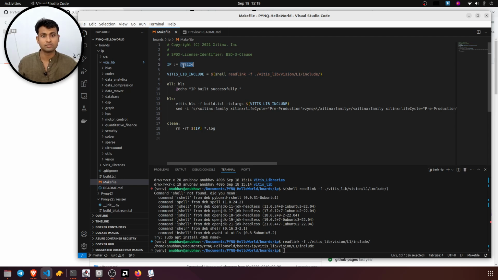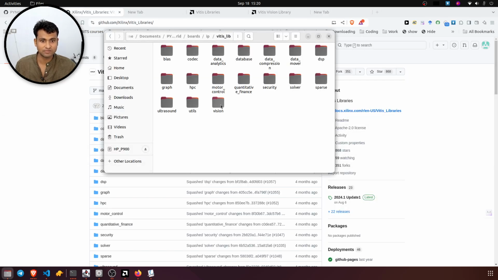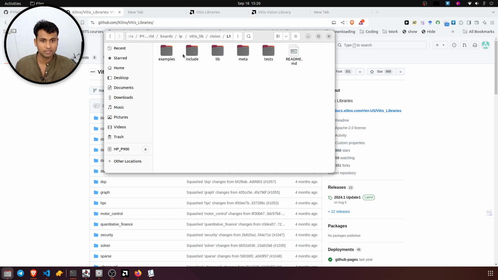Here the IP which we're going to build is resize. We're just setting the variable IP in the makefile. And in the Vitis library include, we're executing this command. Anything inside $ will execute just like that, so in the shell script it will execute readlink. It will read the link to this PYNQ hello world boards IP Vitis lib vision L1 include, which we just now saw. All these things which are there right now will get imported